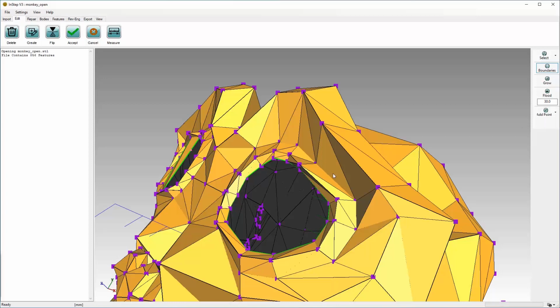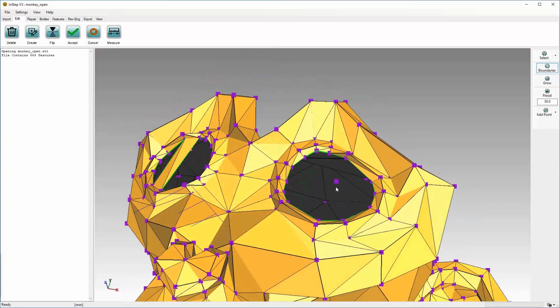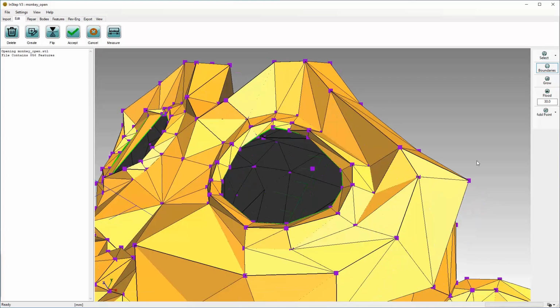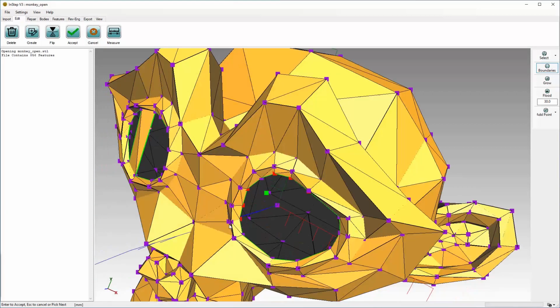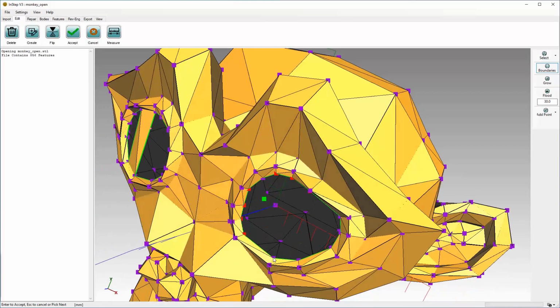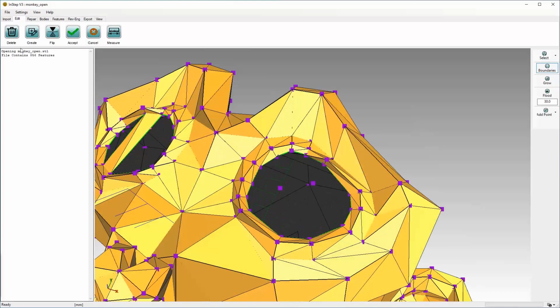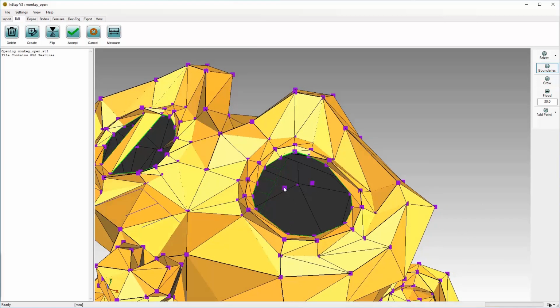A useful feature is if you want to create a point at the center of multiple points. We can use center of points, and then we just select multiple points, and it'll keep updating where the new point will be inserted. And then when we're happy, again enter to accept, and then it'll create that point there. And now we could use this point, for example, as a way to create a new triangle.